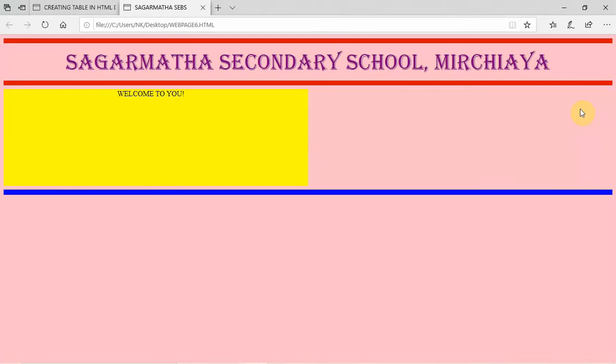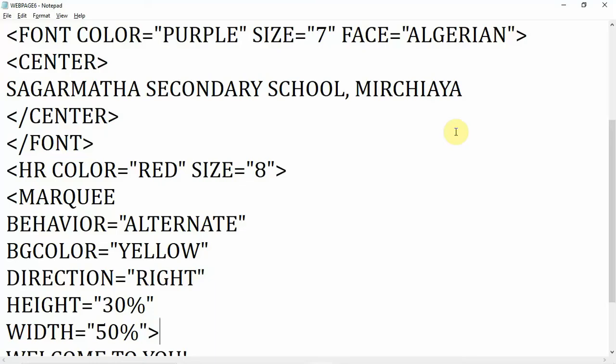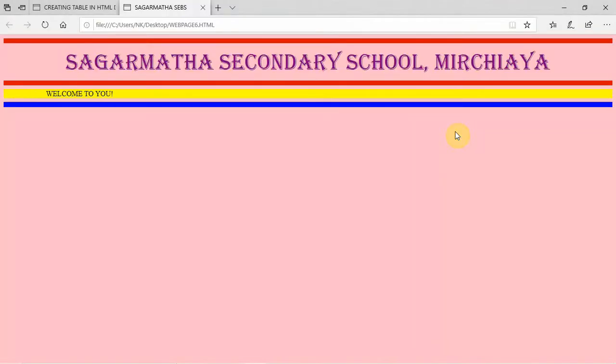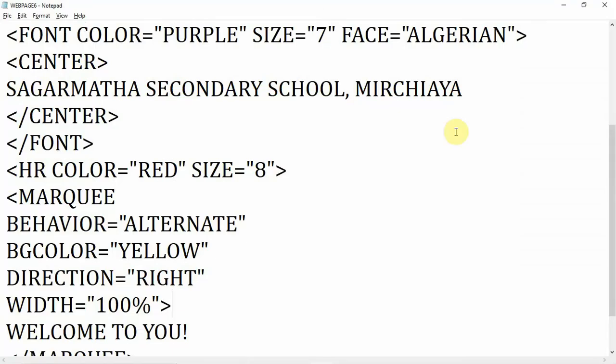It is better to give 100%, so I want to give here 100% width. And if you want to remove the height, you can remove it. Ctrl+S. Now you can see by default this is the height. So it depends on you.